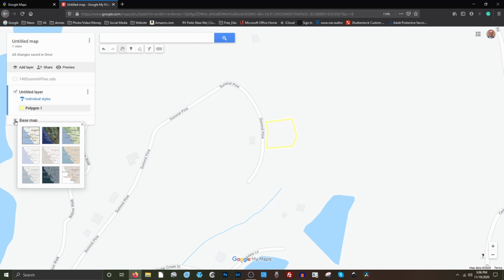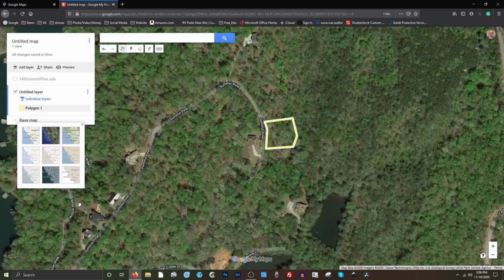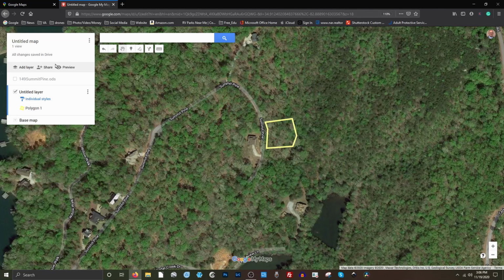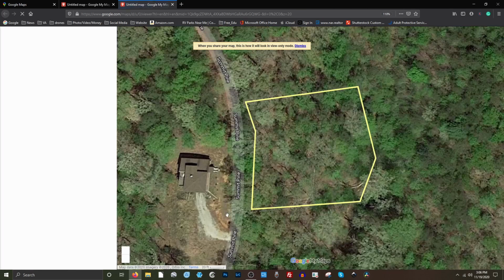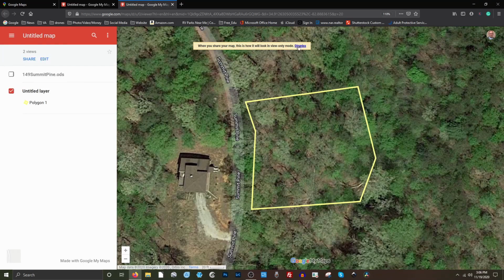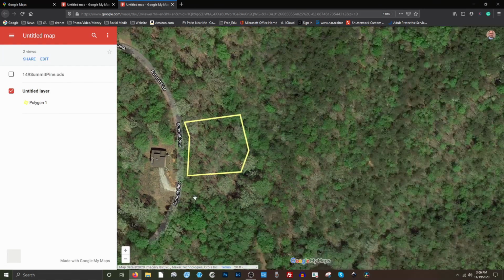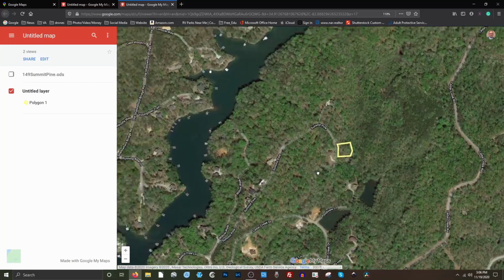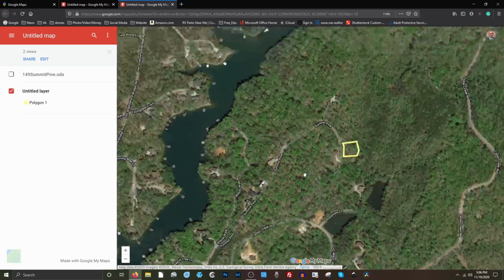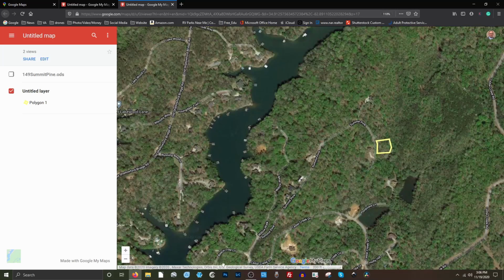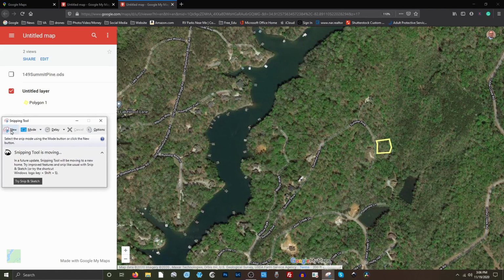Click here, down pointing triangle next to base map, switch over to satellite, and you have your layout. And that's how you manually enter that information. From there, you'll still be able to go and do just like we did before. Select preview, click dismiss, scroll out till you find out how you want to lay out that map before you save it. Click the snipping tool, new,